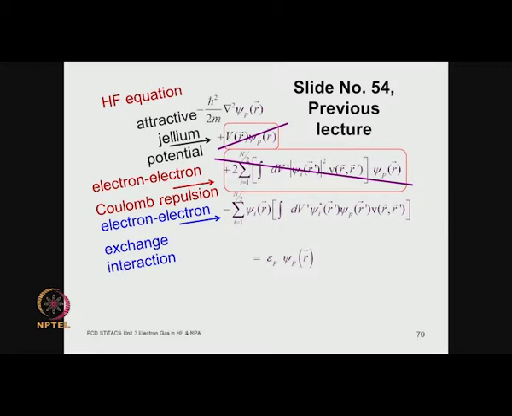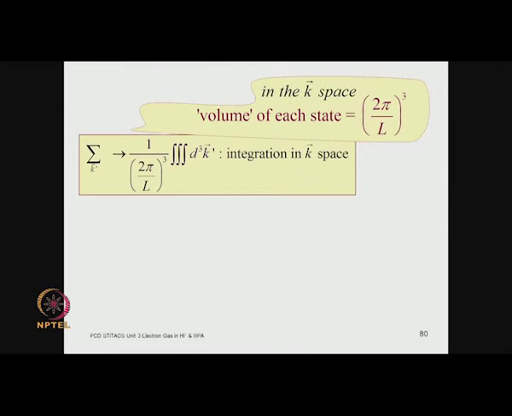Okay? So the Hartree-Fock equation for a free electron gas is now left with only this kinetic energy term and this exchange term. These two happily cancel each other. So these are the two terms. This is the kinetic energy part and this is the exchange part. So this is now the Hartree-Fock equation as we have, and we have